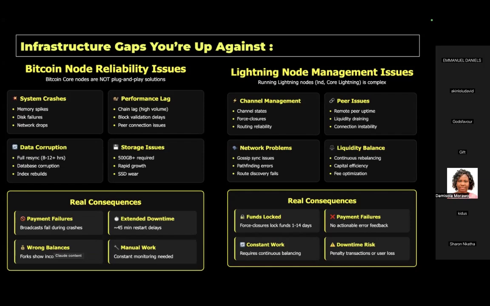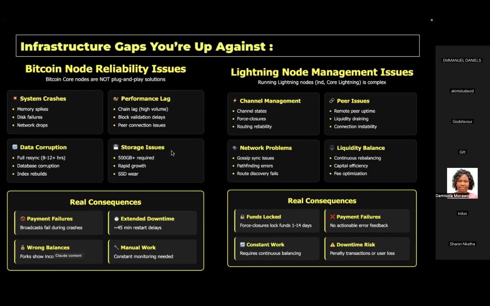Like, fine, you are trying to do something, but Bitcoin is not waiting for you. It keeps growing every minute, every hour. And blocks keep getting added. It keeps getting mined. So there might be storage issues, that might be rapid growth. There might be performance lag, maybe connection issues, different things. And then for you, that means payment failure. It means downtime. It means wrong balances, because that's something else. It means you have to monitor manually.